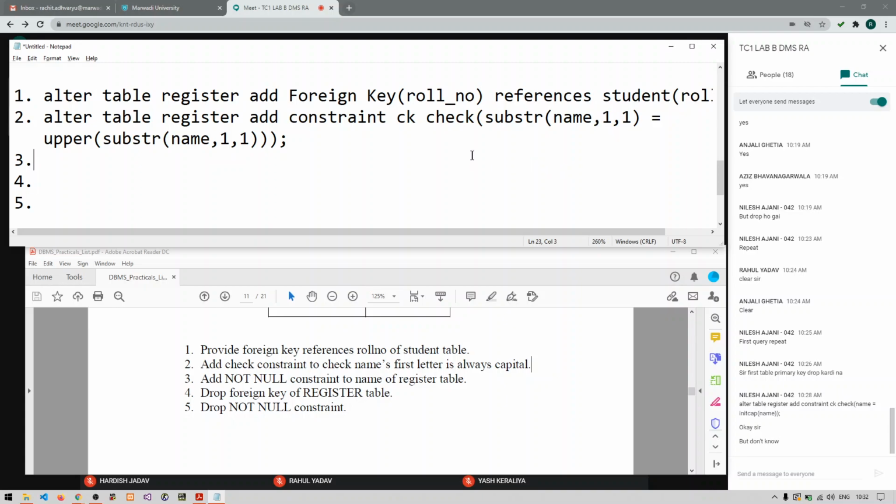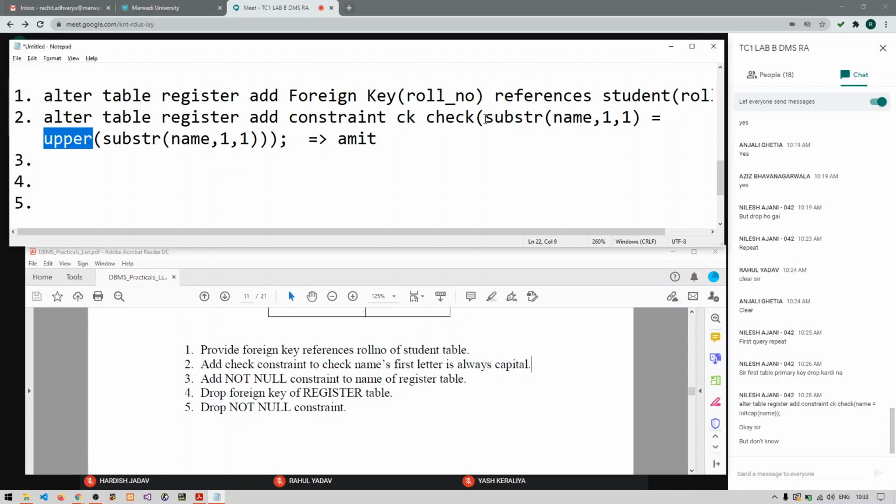So let us assume here that the name is Amit. So I want only one character starting from the first position. If I start from the first position, what is the first character? Only one character, that is A. So I am just extracting the first character of the complete name, and I am checking whether that character is in uppercase or not.